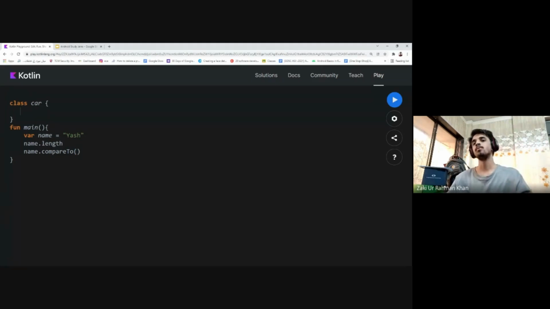So the coding part. First I'm going to add a property to this class. To add a property to a class, you just declare it as a normal variable. How? Like var name: String, and for right now let's declare it empty. So this name is now the property of this car. This name becomes the property of the class. And similarly, I can create multiple properties inside a class. Like for example, let's say I want to create